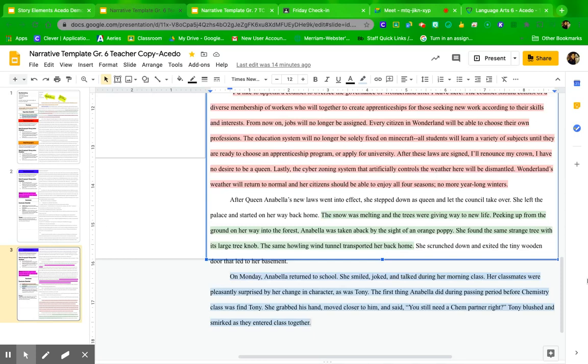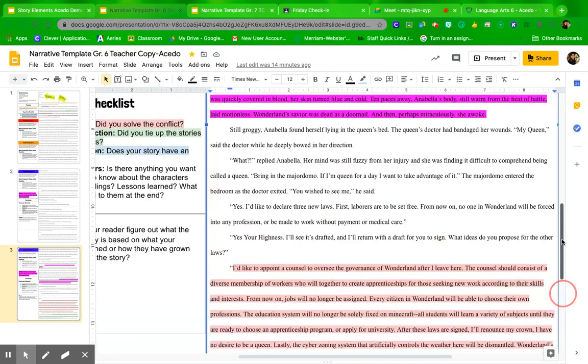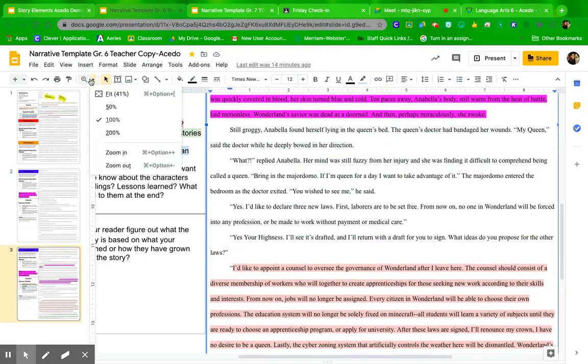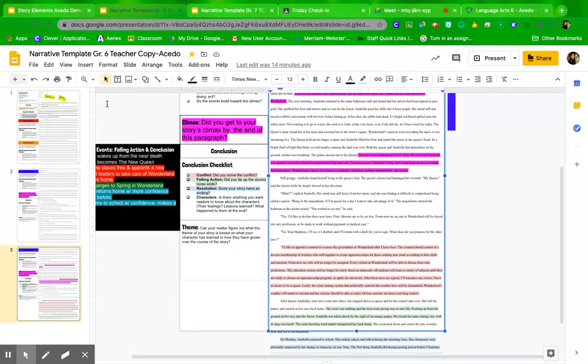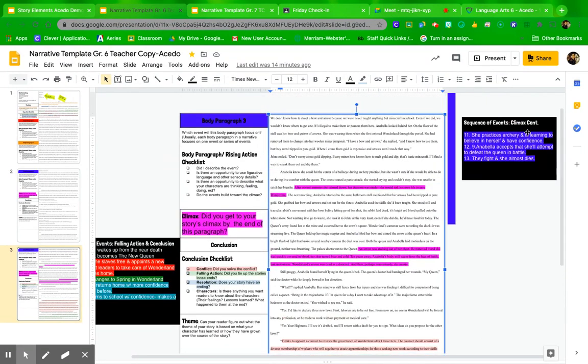Today we are working on our conclusion paragraphs, and I'm just going to zoom out really quick so you can see how everything looks. Yesterday you should have worked on your climax, and there should be a box where you're writing your sequence of events. So I do have my story elements opened up in a tab,